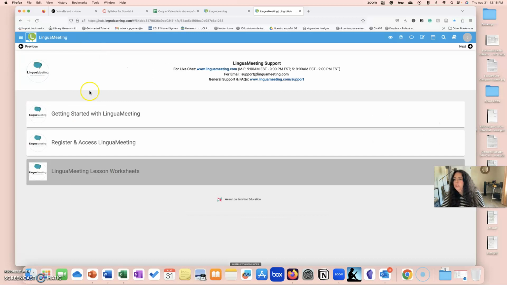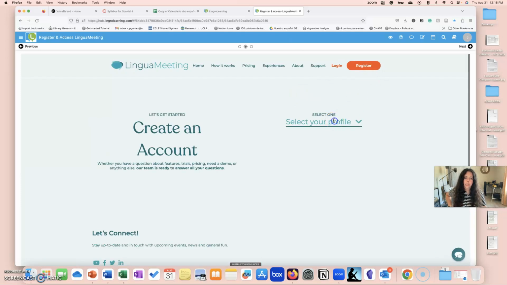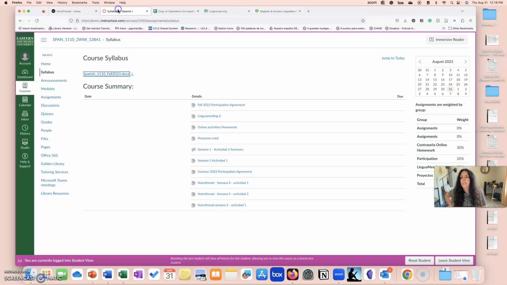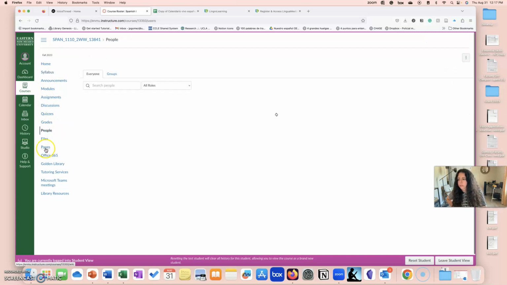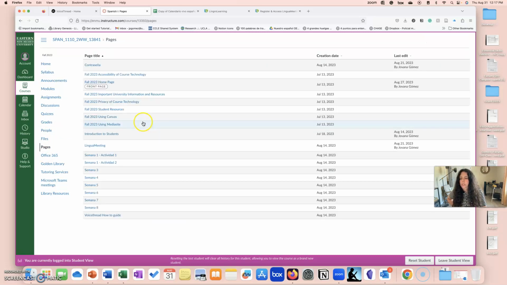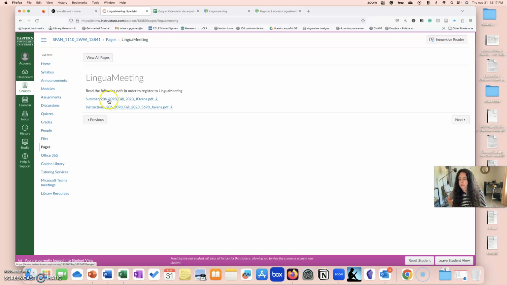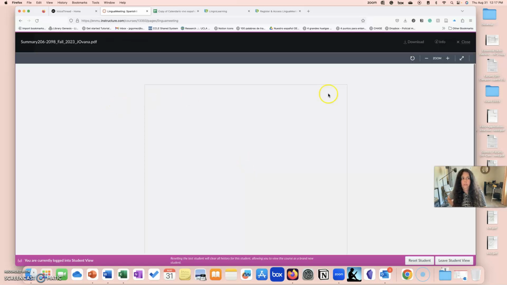So go to Lingua Meeting and register and access it, please. You will log in, select the profile that you want, and then our class ID. All that information is supposed to be in pages. If you go to pages, view all pages, and again Lingua Meeting, it's in the summary, I think.